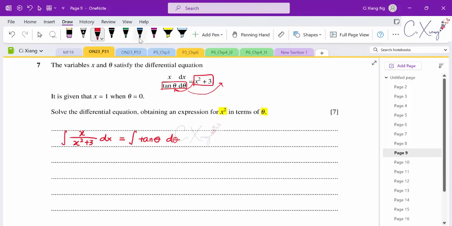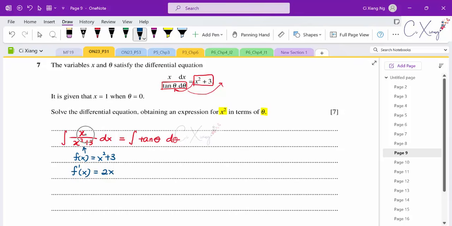For this integration, you need to observe what pattern or formula you can apply to find the answer. I have x over x squared plus 3. It is a fraction, which means if I let function f(x) equal the denominator, then if I differentiate it, I should have 2x. So I link it with the f prime x over f(x) pattern. On top should be f prime x, so f prime x should be 2x, but